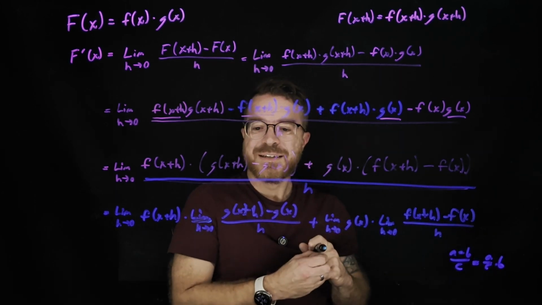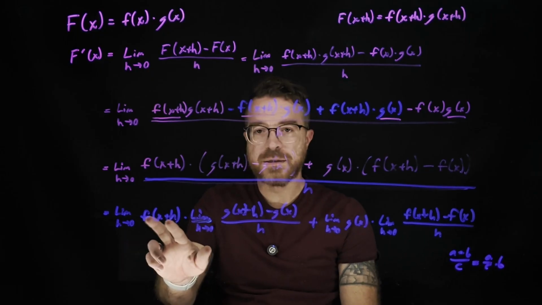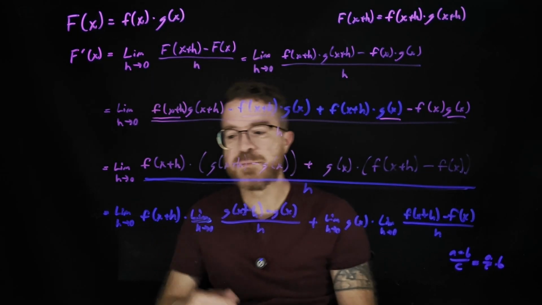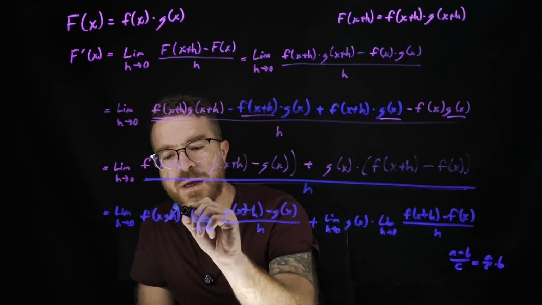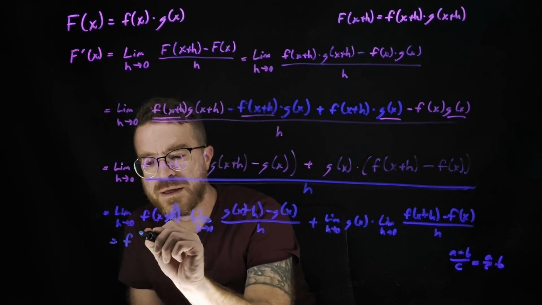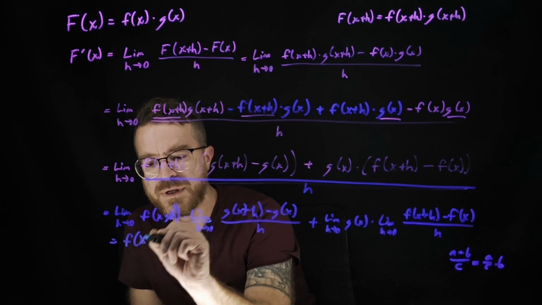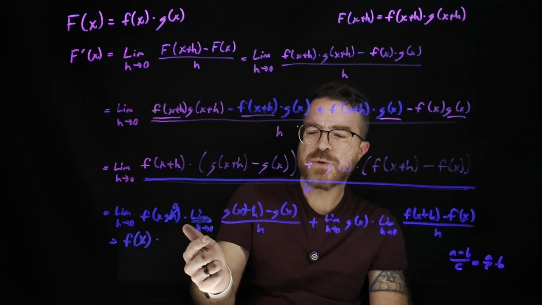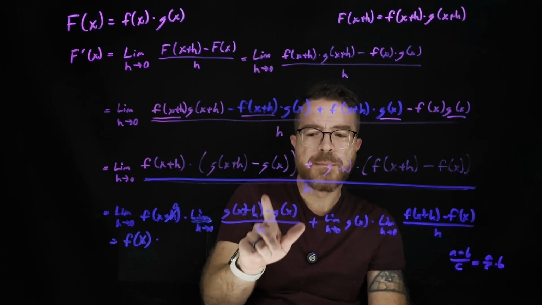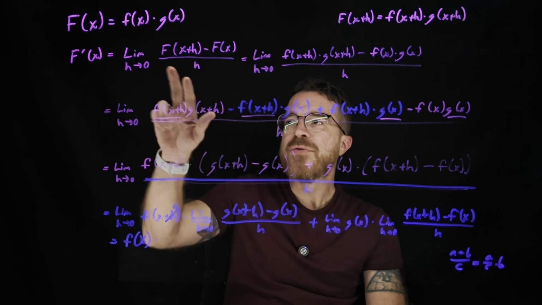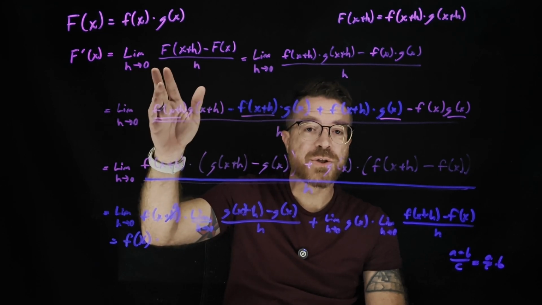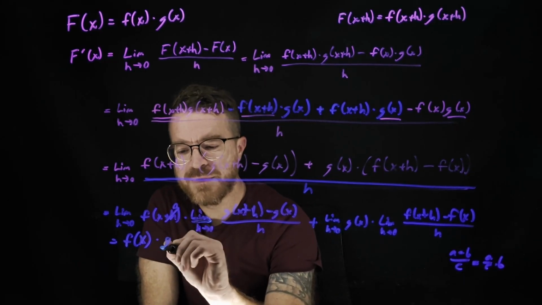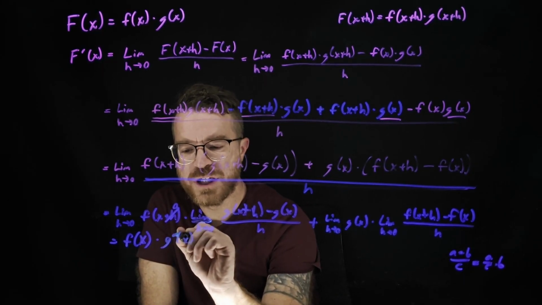Now looking at this, first of all, if I evaluate the limit as h goes to 0 of f of x plus h, this h term is going to go to 0, and I'm going to be left with f of x times this term right here: the limit as h goes to 0 of g of x plus h minus g of x, divided by h. This is just our difference quotient, our definition of a derivative. So this is going to be equal to the derivative of g of x, so g prime of x,